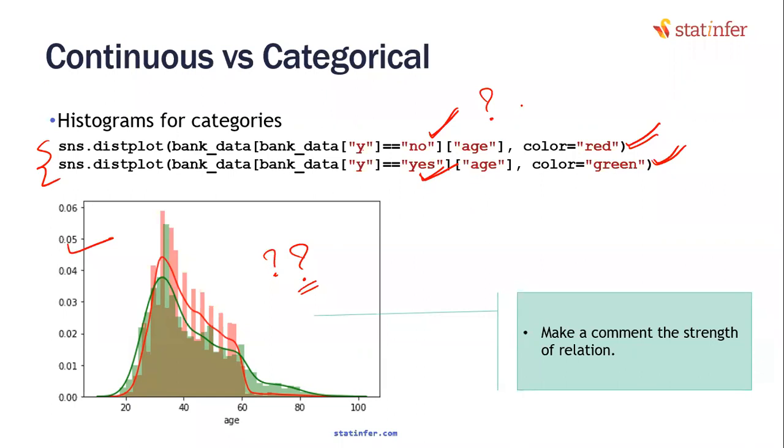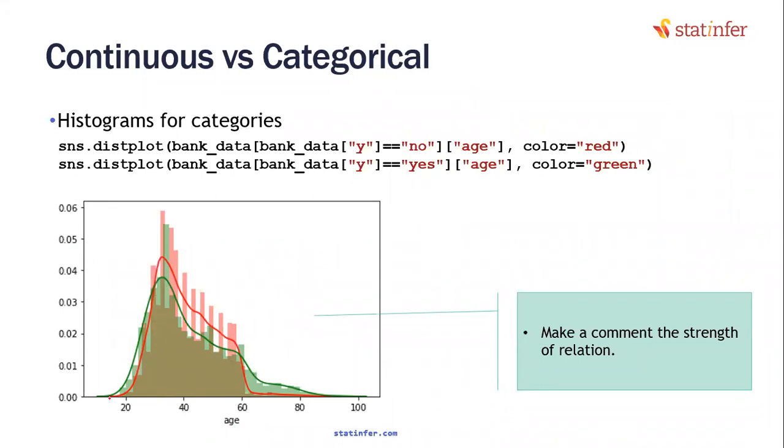Is there a higher age for some people who haven't purchased, or a lower age for some people who have not purchased? See, age is on the x-axis. These are all the counts. But if you see the peak of age, whether they are green or red, both of them have the same age, isn't it? Maybe numbers are slightly higher for red, slightly lower for green, but if you see the distribution, whether it is green or red, it is exactly the same distribution. Do you agree with that point?